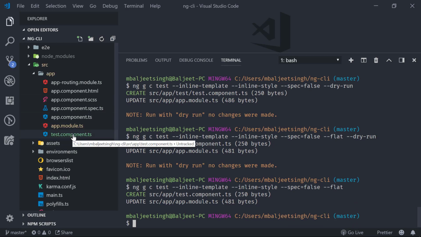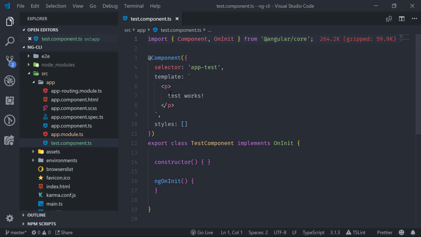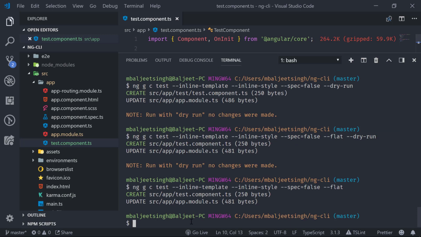Alright, so here you can see the component. If I click on it, you can see that here we are getting that template property, whereas that would normally be templateUrl if we didn't use the inline template. Actually, let's create one more component to make it clear. If I do ng g c dummy,